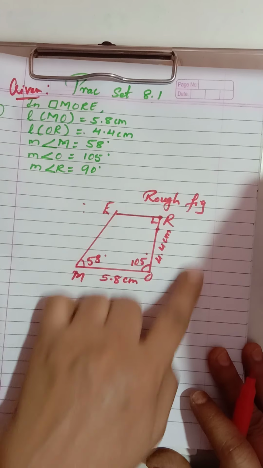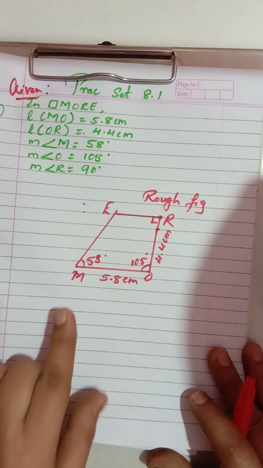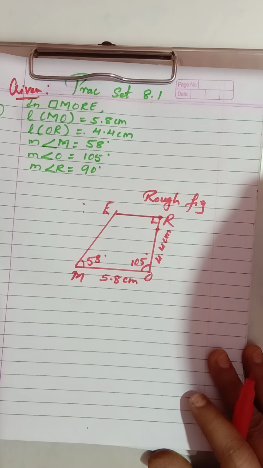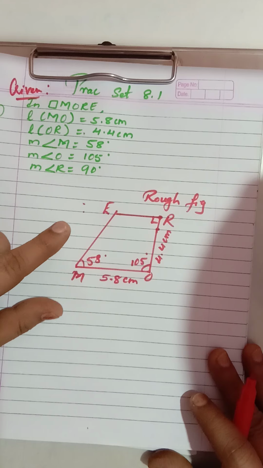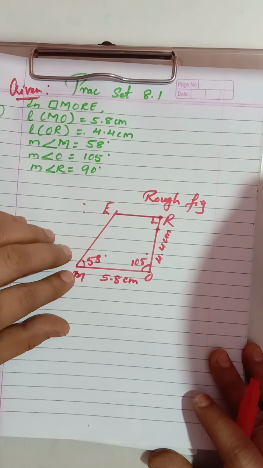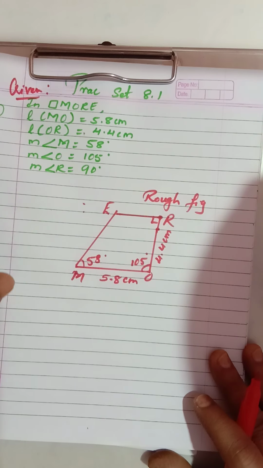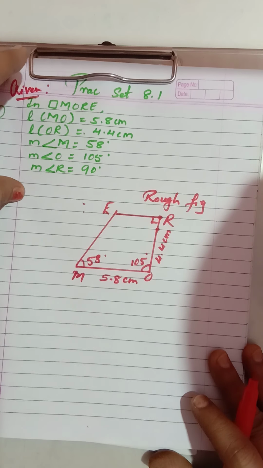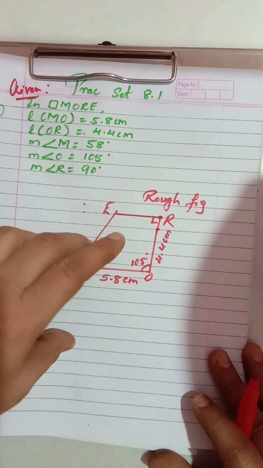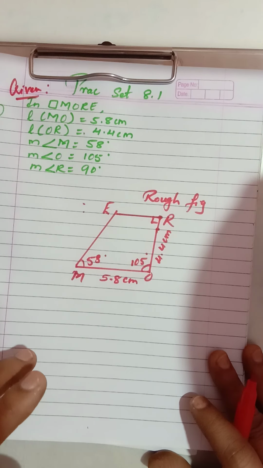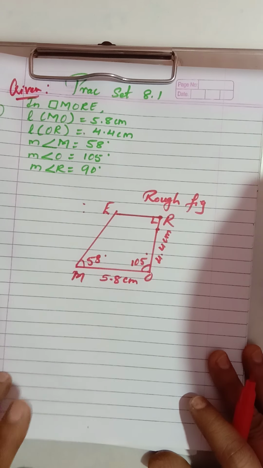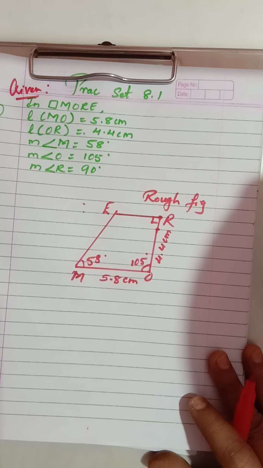See, this is a rough figure of the quadrilateral, and compulsorily children, you have to draw the rough figure before the main construction. There are marks for drawing this rough figure. If you don't draw the rough figure, you will lose 1 mark. If it is a 4-mark question, you will lose 1 mark. First you write given, that will be 1 mark. Your rough figure 1 mark. Your main construction will be 1.5 marks, and half mark for the finishing part, everything. So total 4 marks will be for the construction.